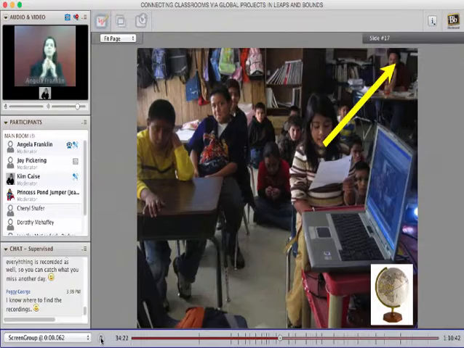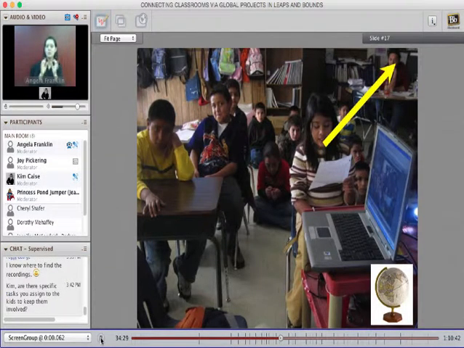And make sure that you have staff that's involved, staff that's supporting you. It's really important, and it's really helpful when the staff supports what you're doing with their students and their class.